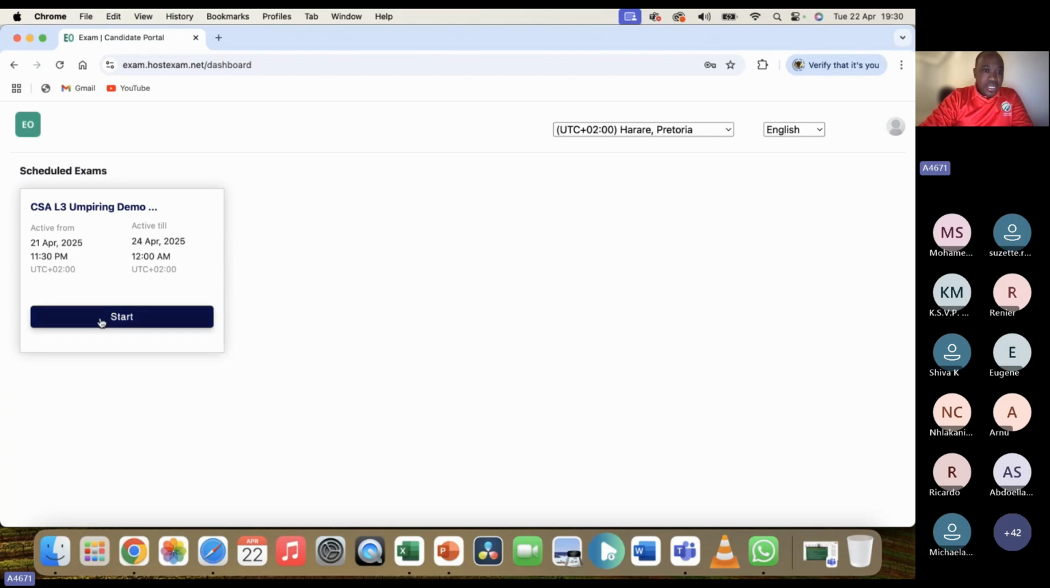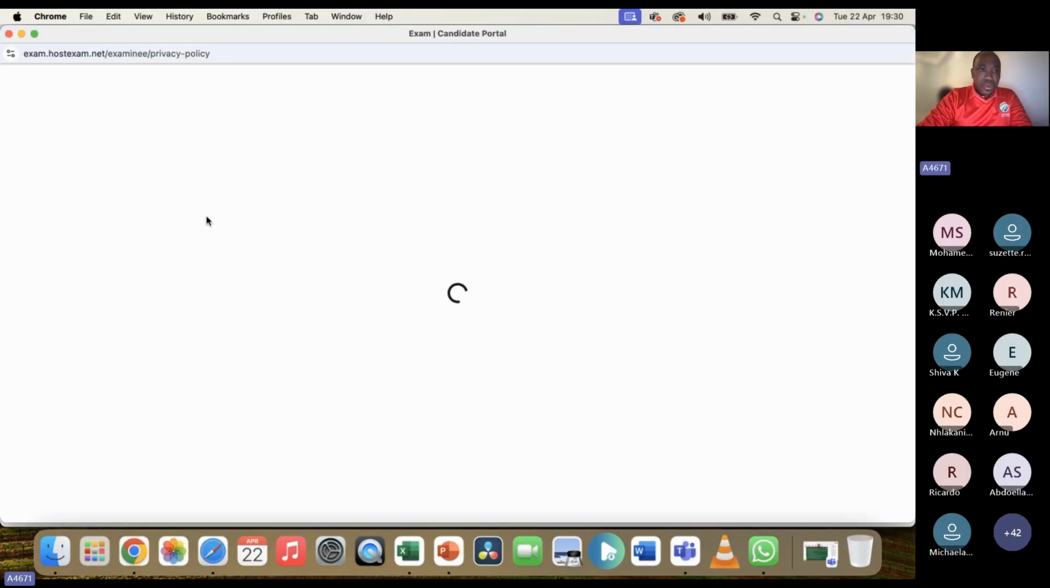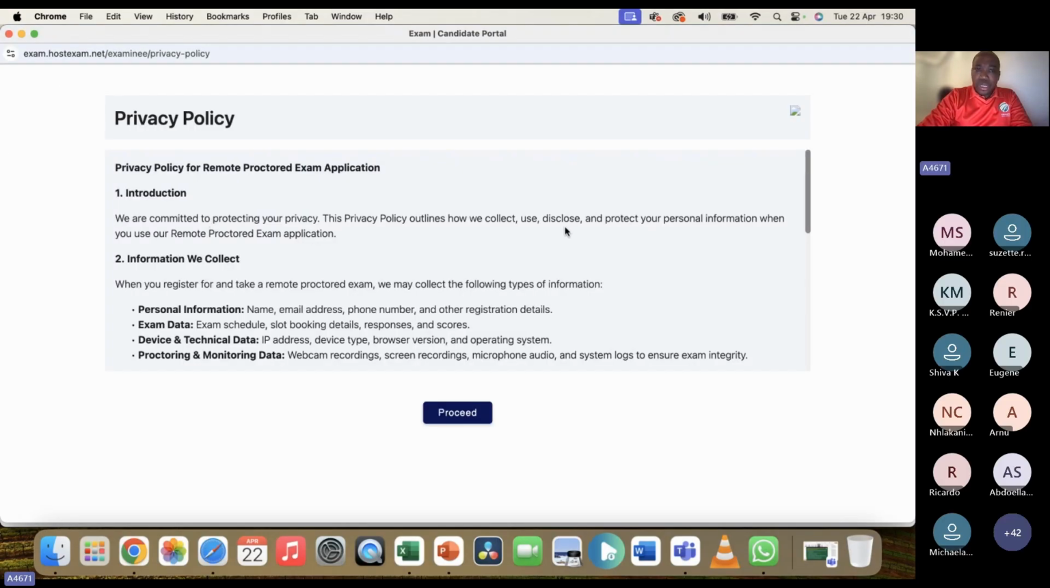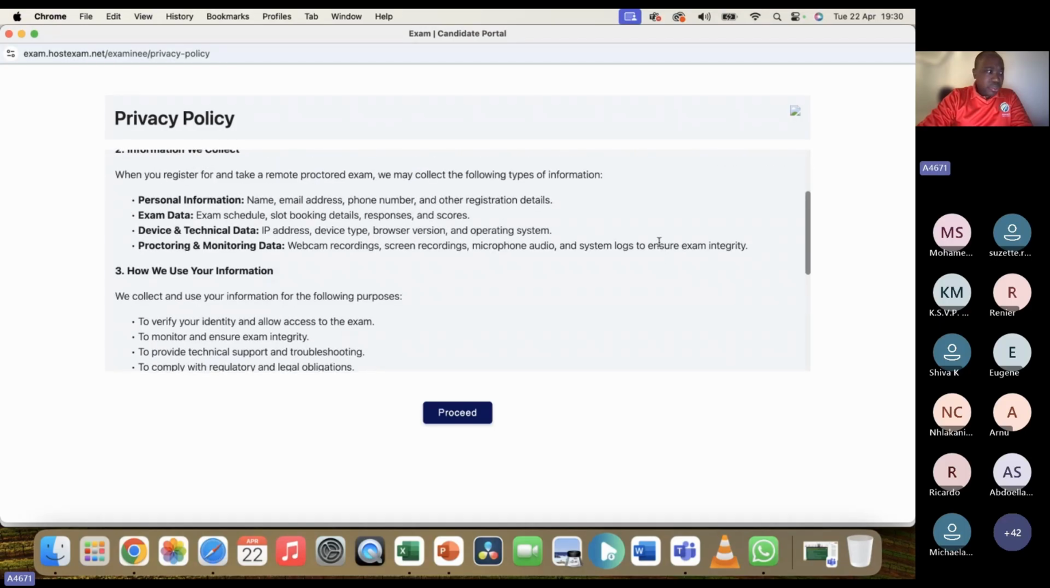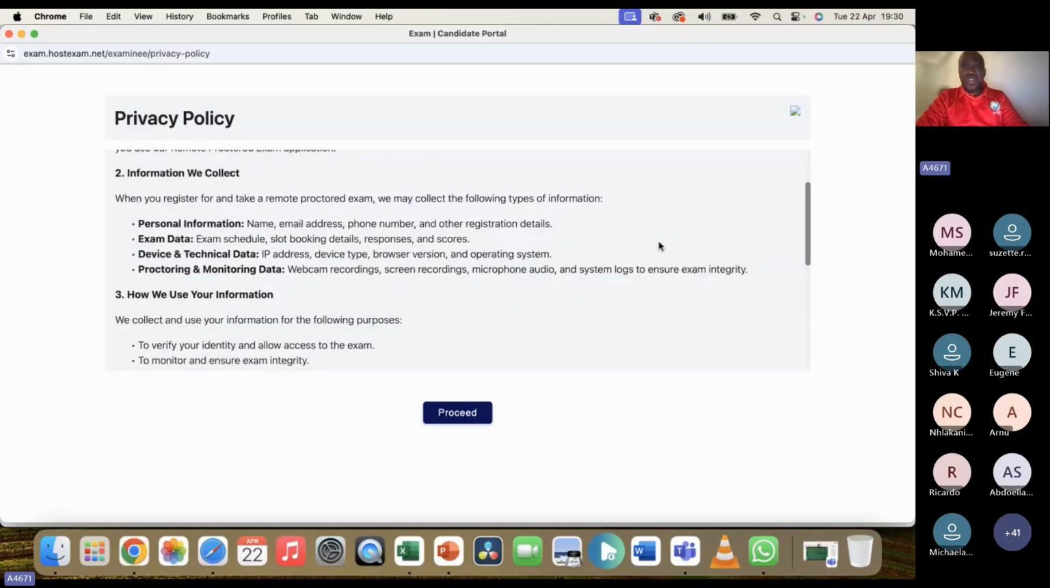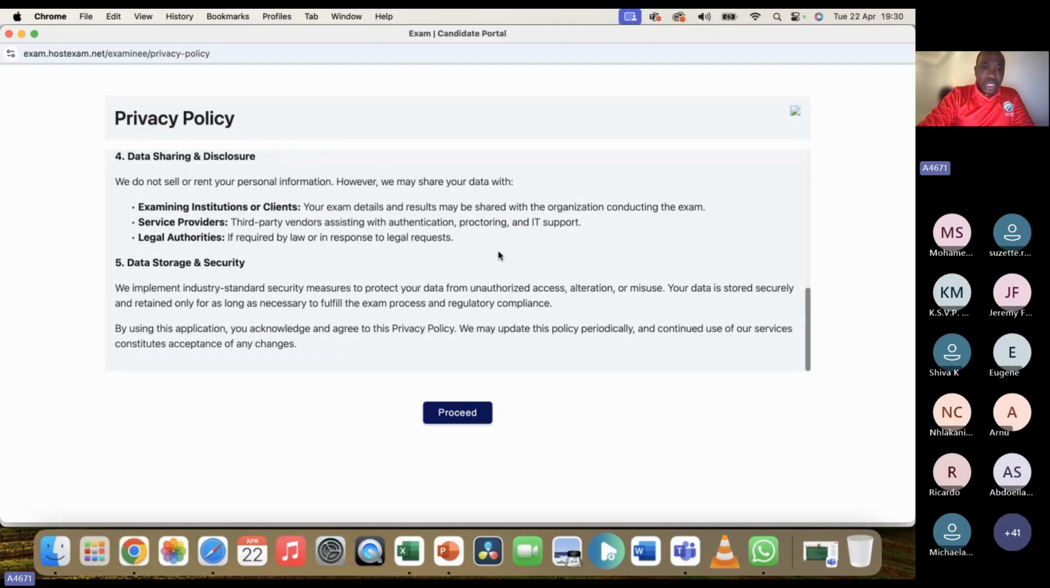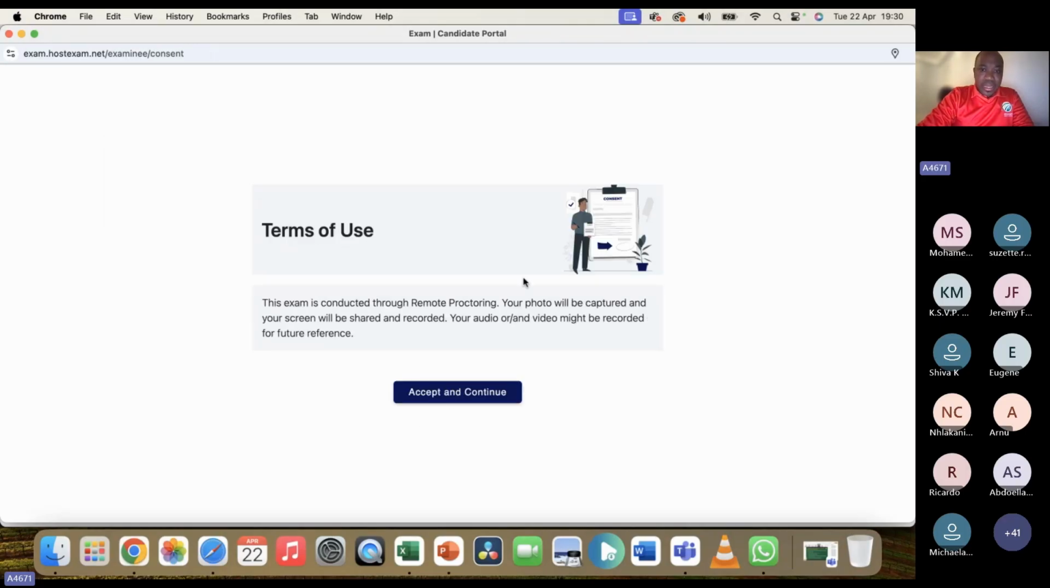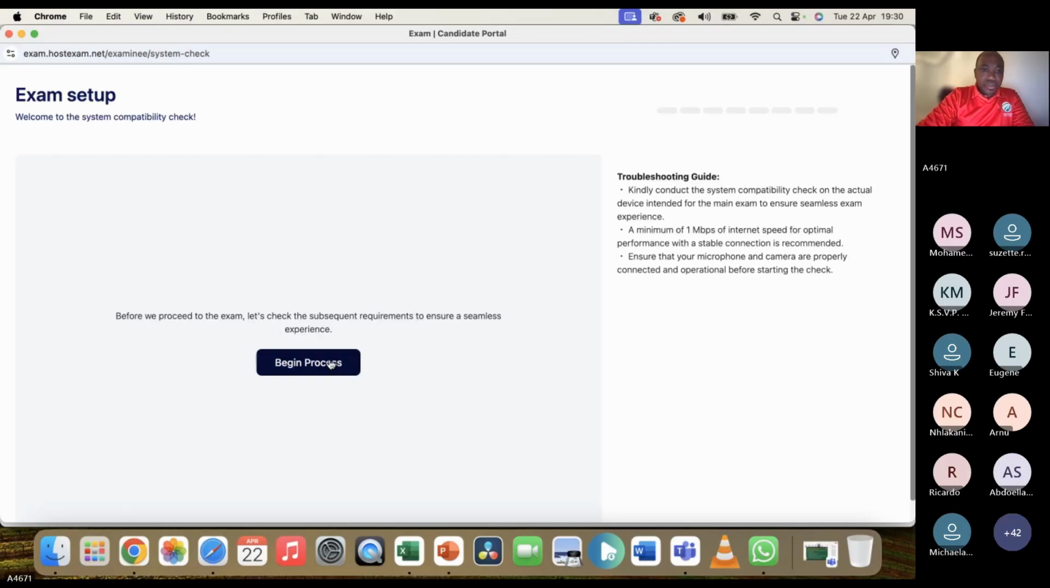Okay, so now I click on start and it takes me through to some terms and conditions that you need to agree to. Privacy policy just mentions that we won't use your information unnecessarily or share it with anybody else. Click on proceed, and then you need to accept the terms and conditions of this exam. Then we click on accept and continue. Then we get to the